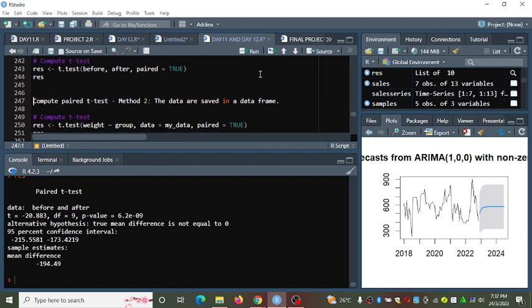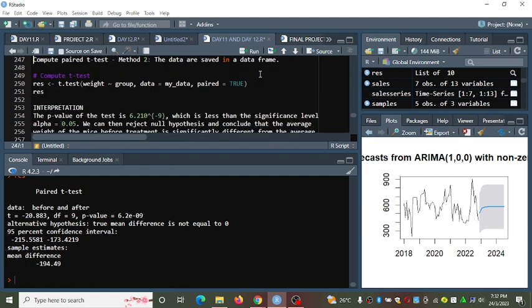So we can have a look at the second method. Here we specify our data. Remember, you can use a function inside another function in this language. For example, I've used data equals. This is a function in R that is used to return the data storage.